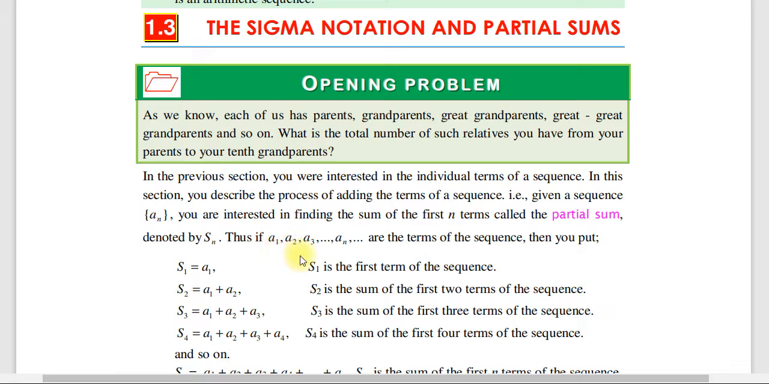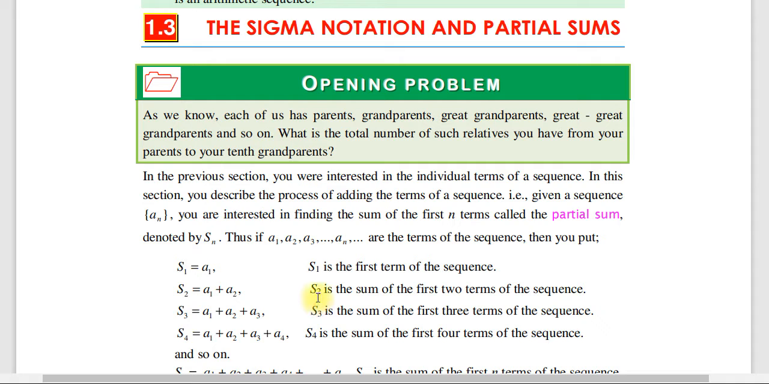Thus if a1 a2 a3 up to an are the term of sequence, then you put s1 is equal to a1, s2 is equal to a1 plus a2, s3 is equal to a1 plus a2 plus a3, s4 means a1 plus a2 plus a3 plus a4. Okay, ያ ማለት እንግዲህ s1 it is the first term of the sequence ነው። s2 ደግሞ the sum of the first two terms of the sequence. s3 ደግሞ the sum of the first three terms of the sequence. s4 is the sum of the first four terms of the sequence ይለናል ማለት ነው።